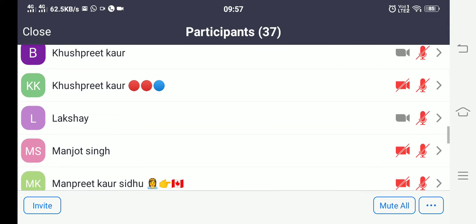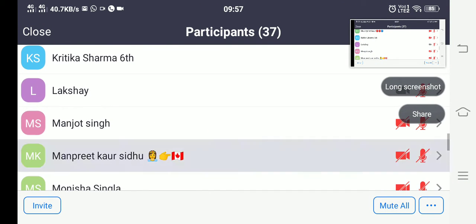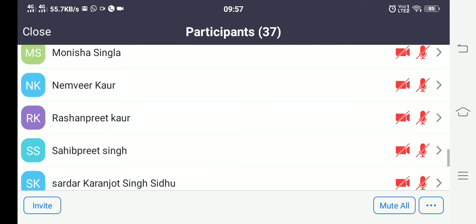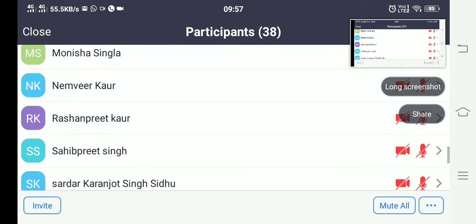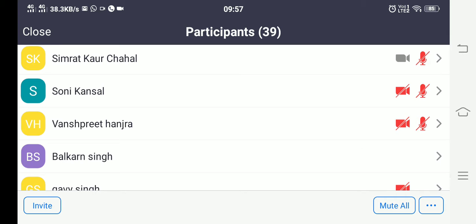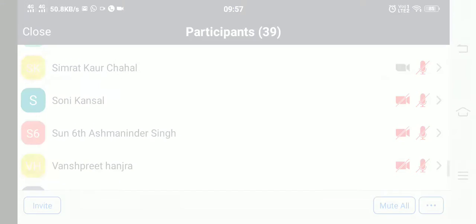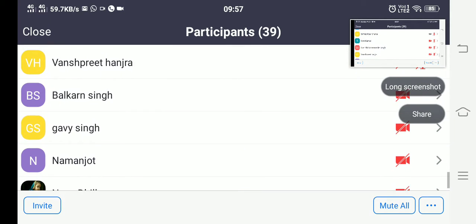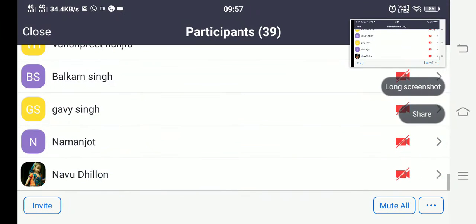So plastids are cell organelles. Cell organelles means the cell structures which are present inside the cell. Plastids are absent in animal cells and present only in plant cells. They are surrounded by a double layer or double membrane. Clear? And there are three types of plastids: first is leucoplast, second is chloroplast, and third is chromoplast.